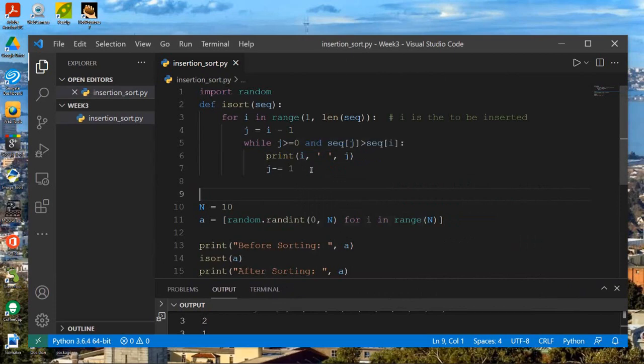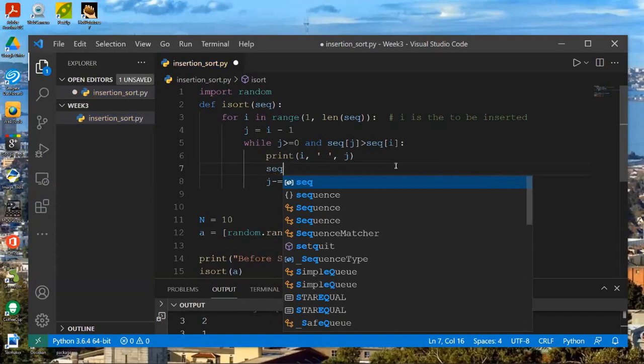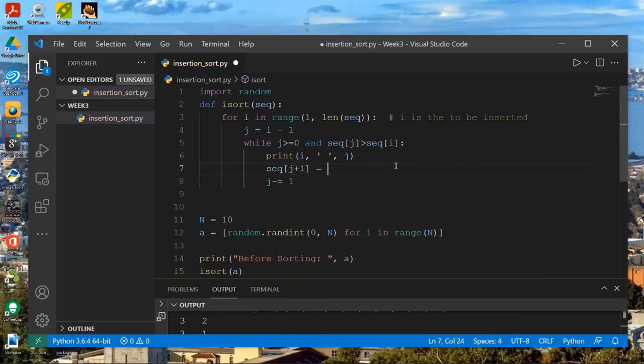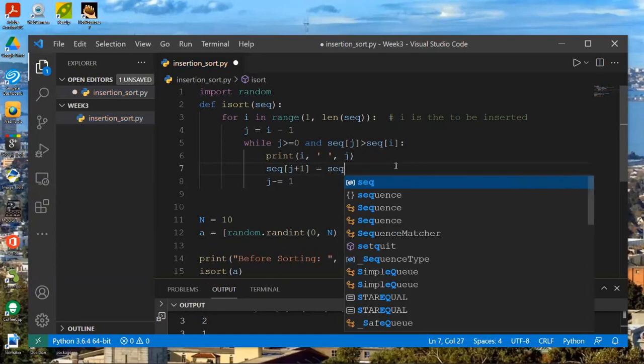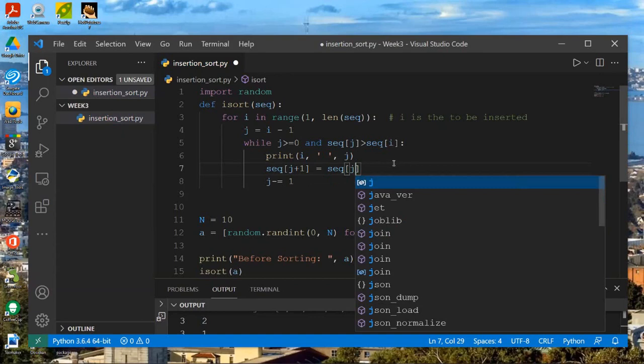So when you finish the shifting, this portion, what we would do is the sequence of j plus 1 will equal the sequence of j. Every time you are going to shift the number by 1.